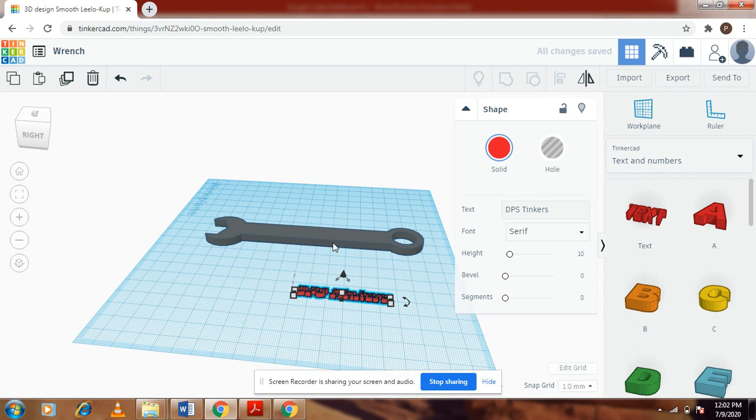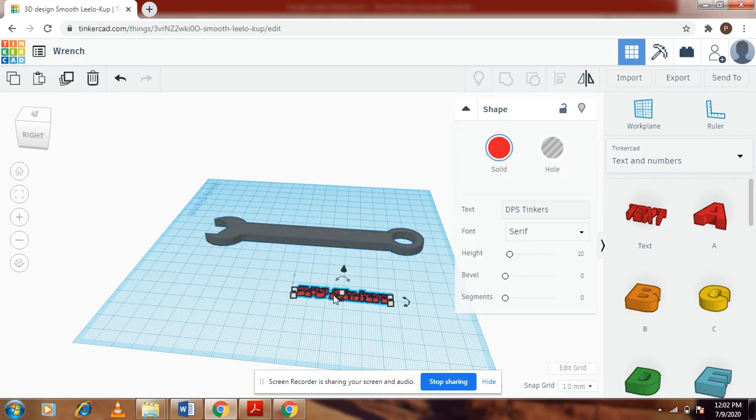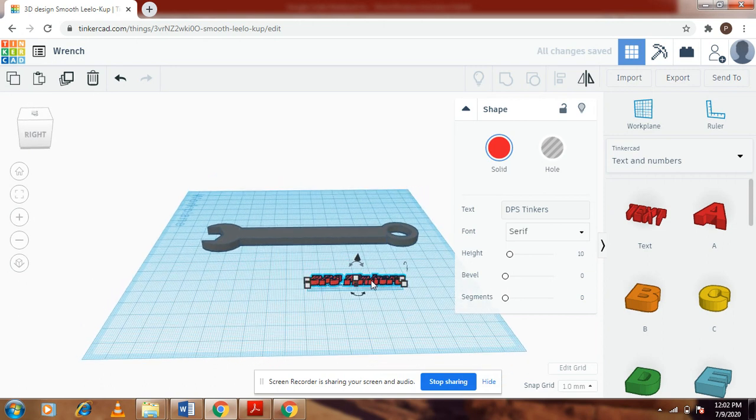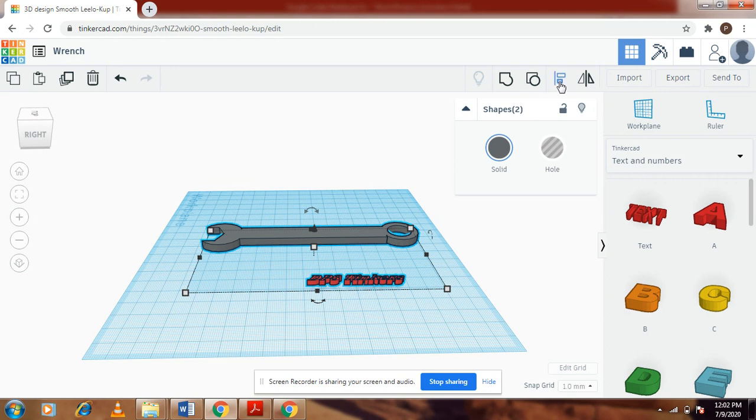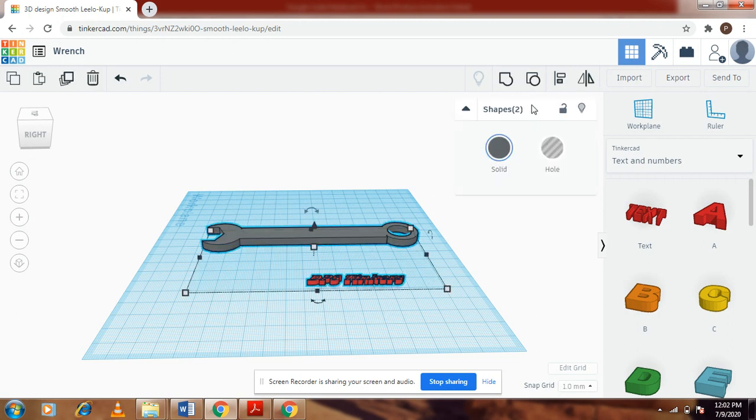Since the height of this wrench is 5 and the height of this text is 3, I'm going to lift it this much, 4 mm, and then I will align them together and place it exactly where it is supposed to be.